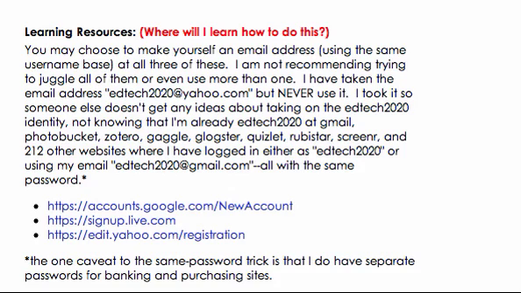Learning resources. You may choose to make yourself an email address using the same username base at all 3 of these. I am not recommending trying to juggle all of them or even use more than one. I have taken the email address edtech2020@yahoo.com, but I never use it. I took it so someone else doesn't get any ideas about taking on the edtech2020 identity,